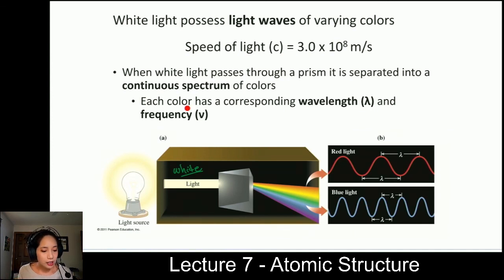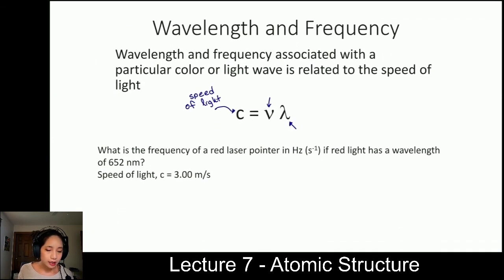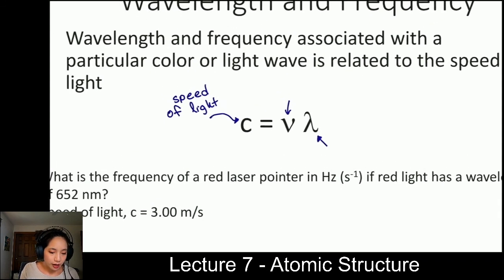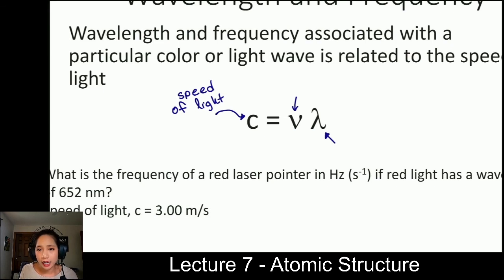So I've kind of said this before, but each color has a corresponding wavelength and frequency. And I'll talk about frequency in the next slide. But remember, with wavelengths, the shortest wavelengths are our blues and purples, while red has our longest wavelength. So wavelength and frequency are related to one another. They're related by the speed of light. So we have this equation that relates frequency and wavelength. Remember, c is our speed of light that we know, and then nu, this V-looking thing, is a Greek letter, so it's actually nu. This is our frequency